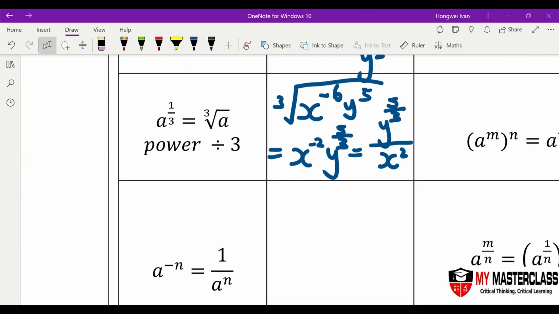Okay. Next one. Again, negative power means reciprocal, right? Let's say you have half to the power of x. There's a reason